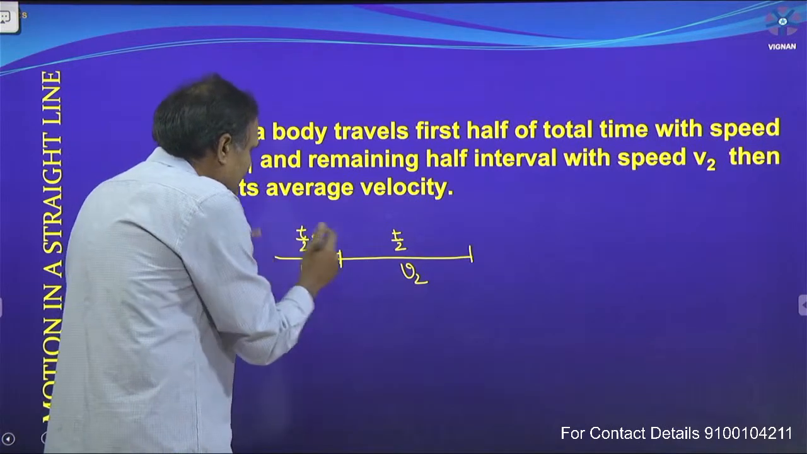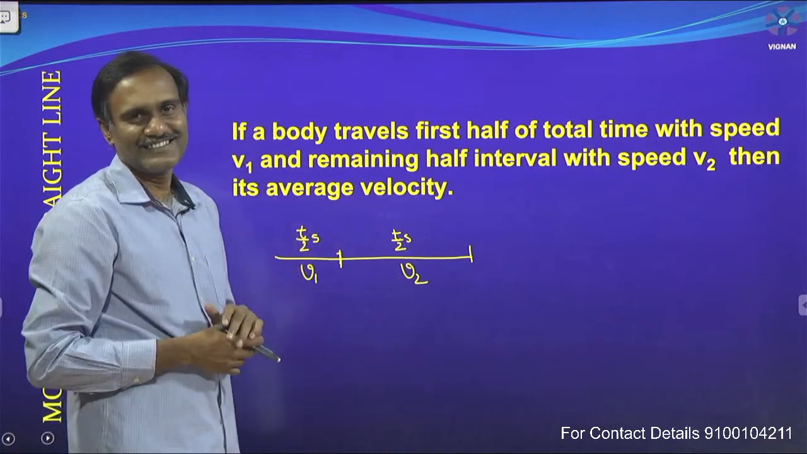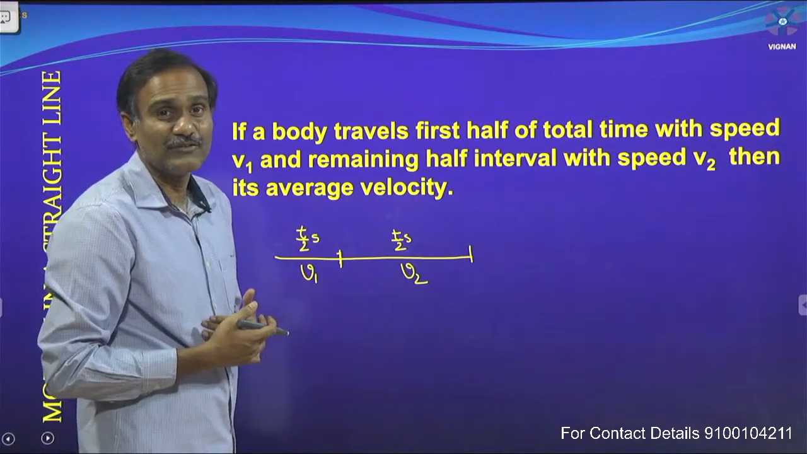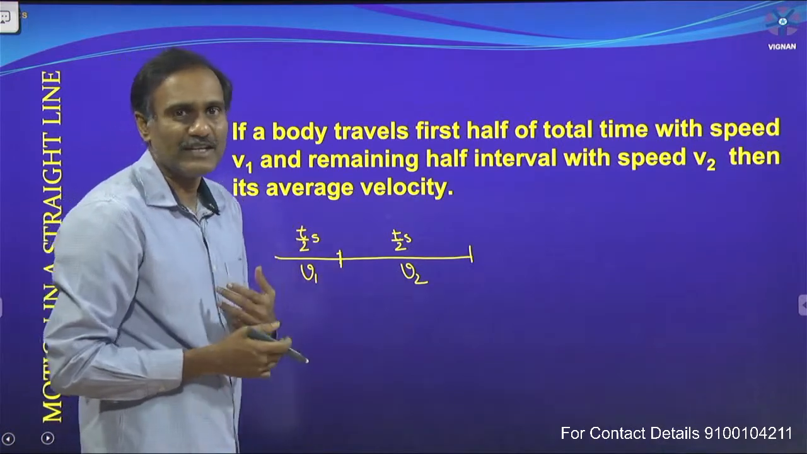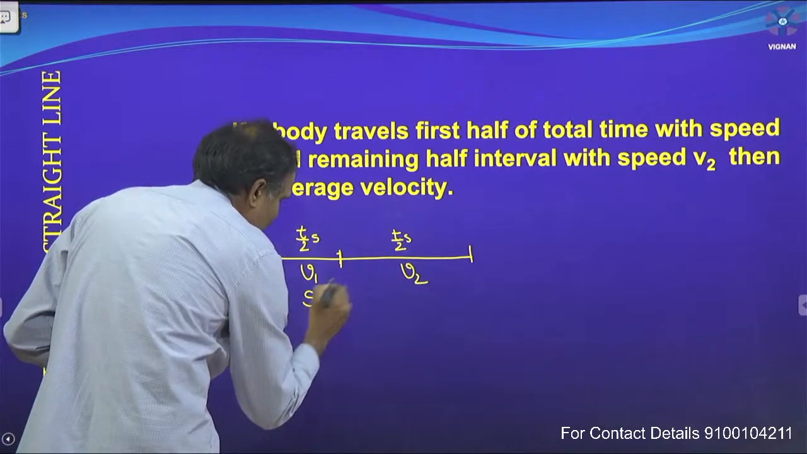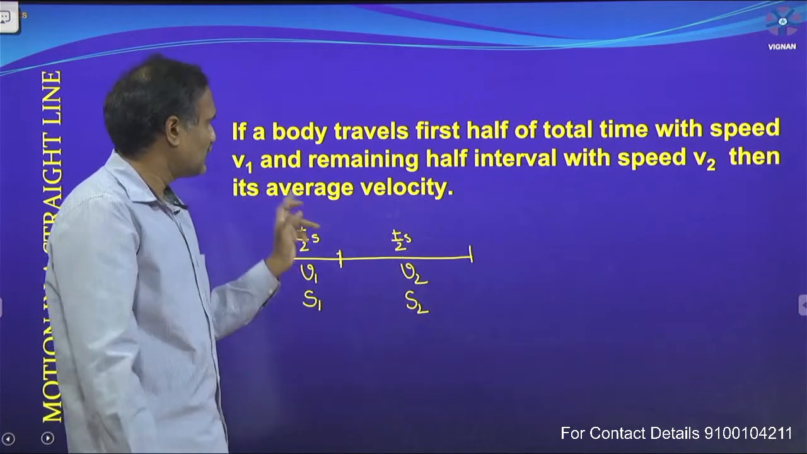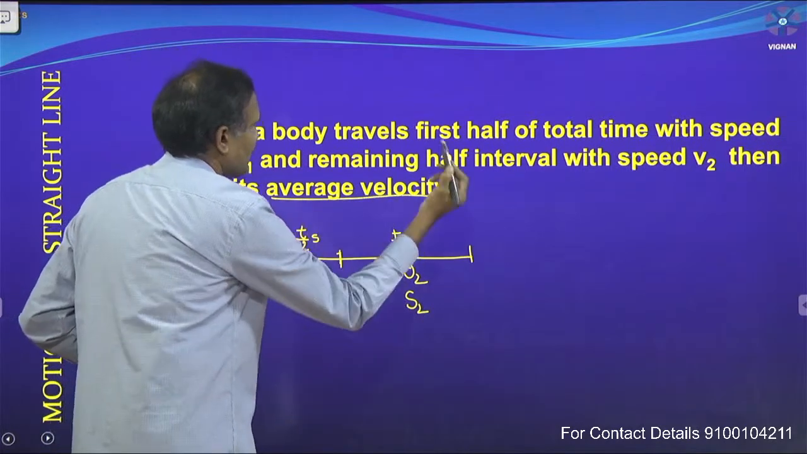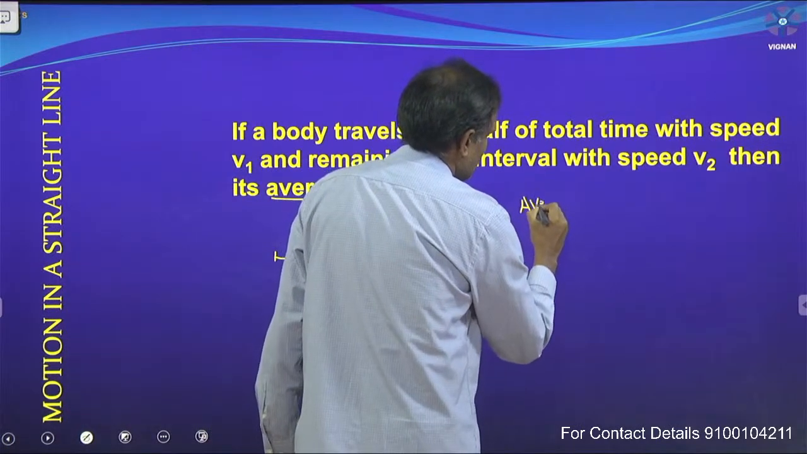Now during this time interval, first t by 2 seconds, what is the displacement covered by it, or what is the path length covered by it? Yes, I want to assume s1. Here it is s2. Now we are going to calculate average velocity. Here average velocity is equal to,